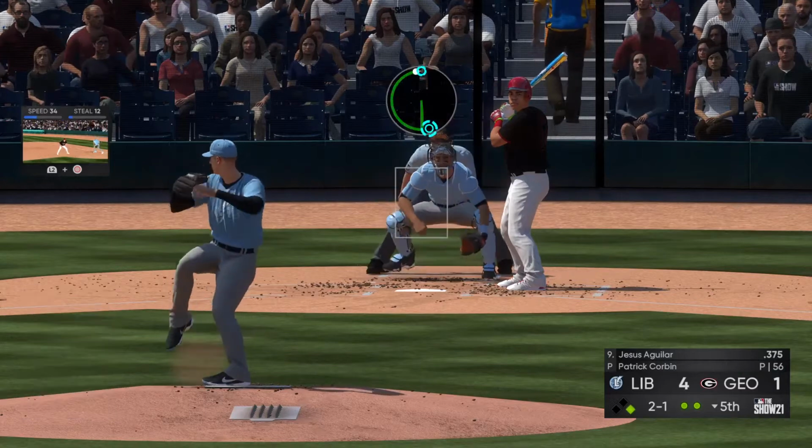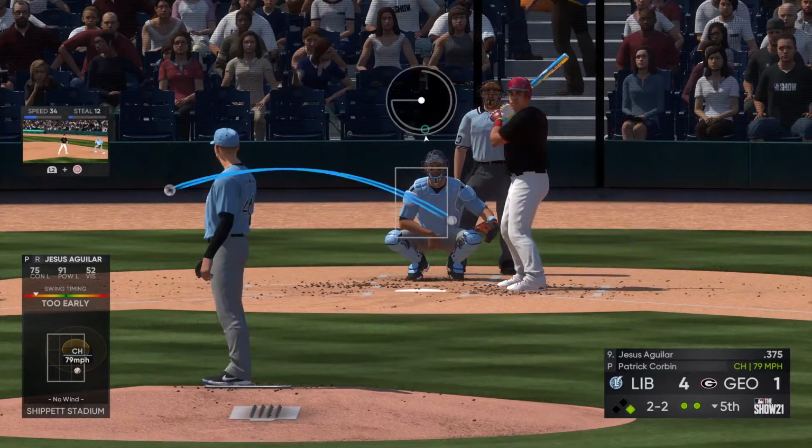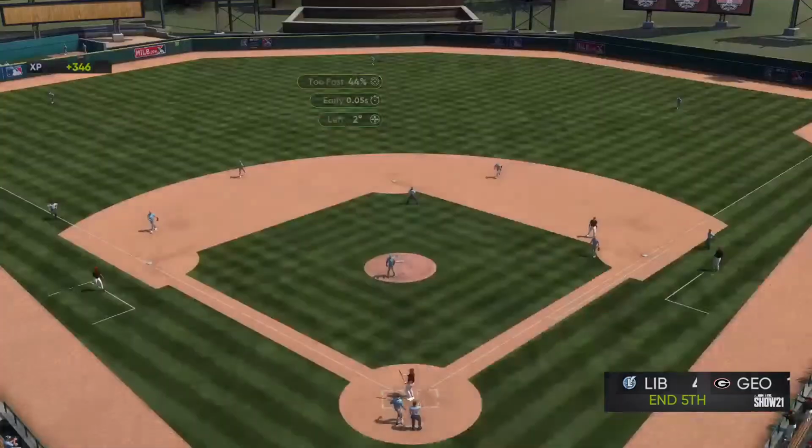That's how you open up the outside part of the plate. Pound 2 balls in and then get right back outside. Nice pitch. And he struck him out. His 8th punch out of the...